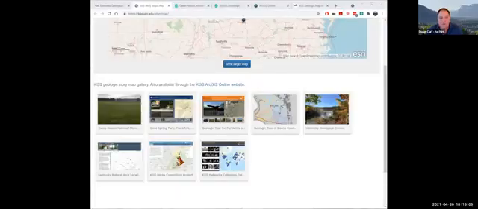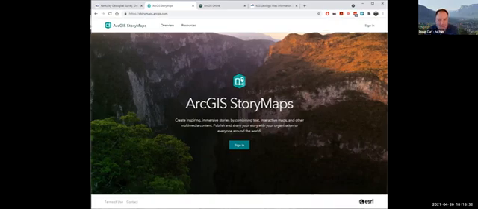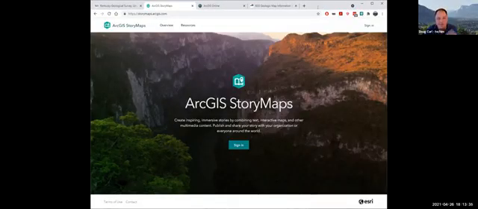Let's see. So that's what I want to share. Okay, so we've talked about the story maps. What I'm going to do is build a little story map just so you can get a feel for how this works and how easy it is. And what I really encourage you to do is just dive in and do this. Get an account and have an idea and just play with it, because you can always delete it. You don't have to share it. You don't have to publish it. And actually, I'll show you, it doesn't publish until you publish it. So don't be scared about diving in.